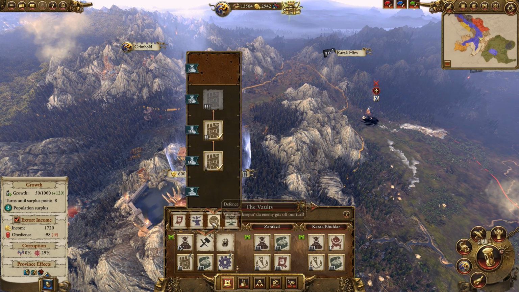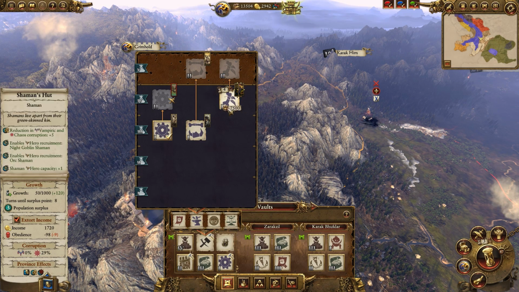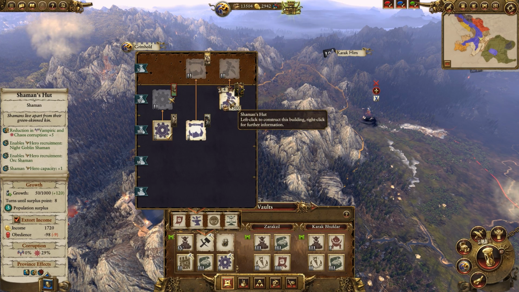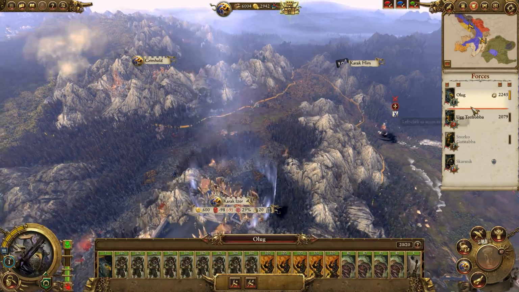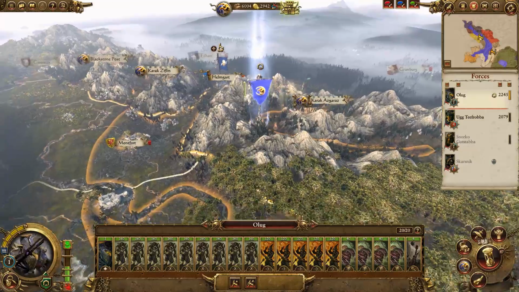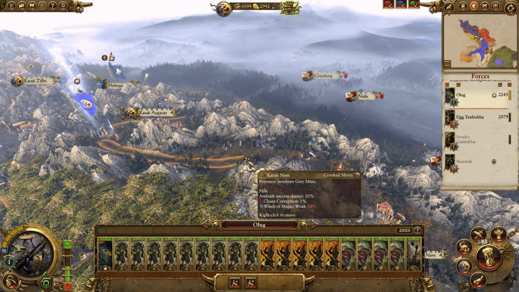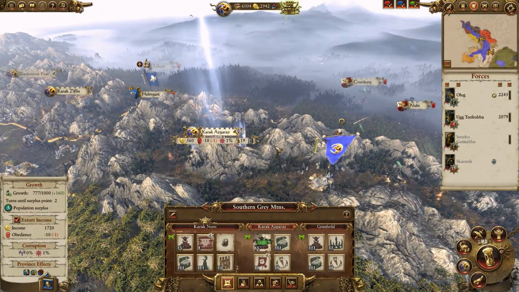That'll allow us to get Doom Divers, but I don't have the technology researched for it yet. Trolls and Shamans would actually be quite useful as well. And Giants, honestly. Unlocks Trolls. Let's go Shamans. I think that's probably more important. Got him over here. We could also go after Montfort. Or after... what's the name of this? Bastogne? We could potentially go after that too, but...